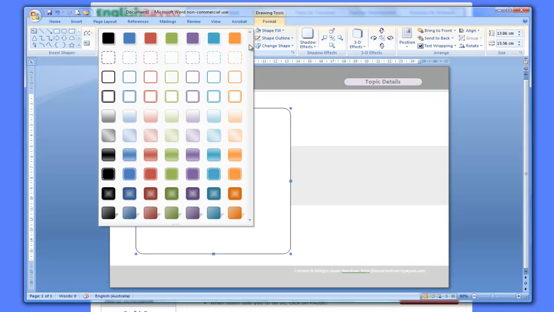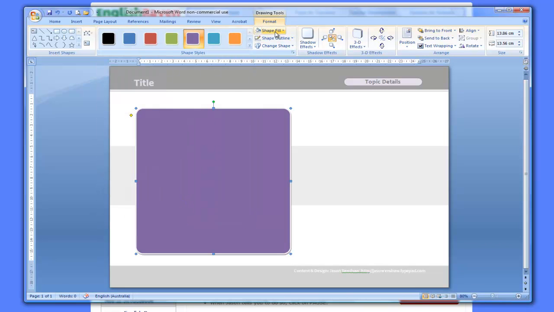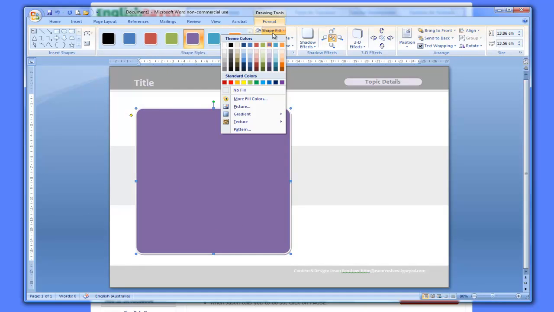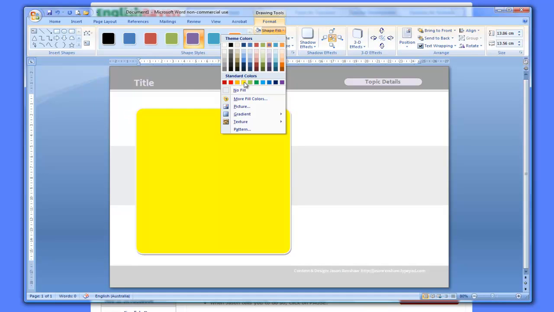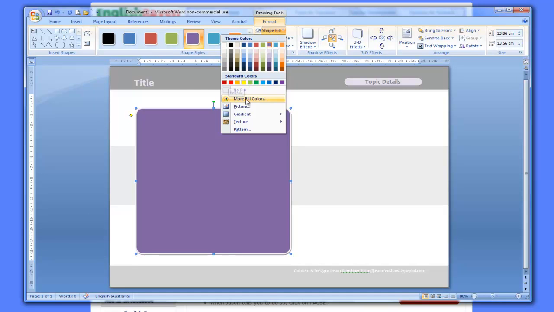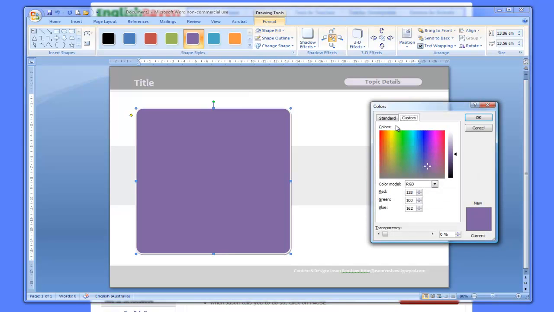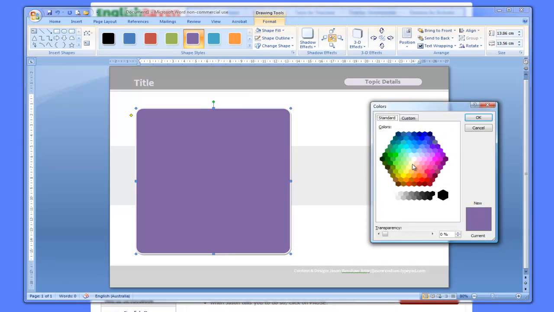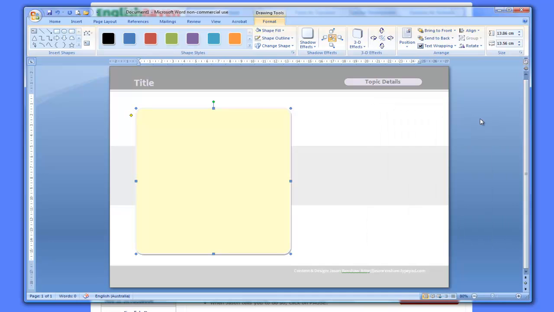and go with my purple theme and change the shape fill to, well, we don't want it to be that bright yellow, do we? I'm going to choose a very light pale yellow. Okay, now as you can see, what I could then do is actually put in a dialogue or some text